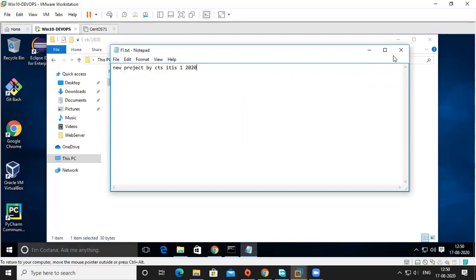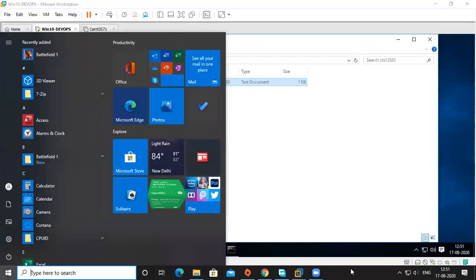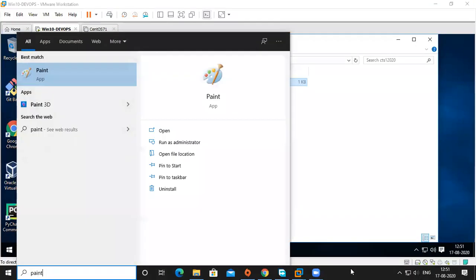Now I want to put this one into the central repository. Guys, I created a local folder, and I created a file. Okay, now this is in my local PC. So I want to put this one into the central repository, right?